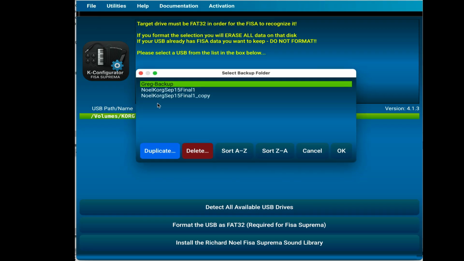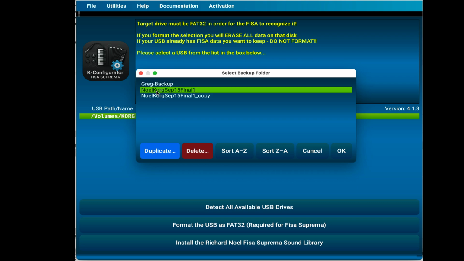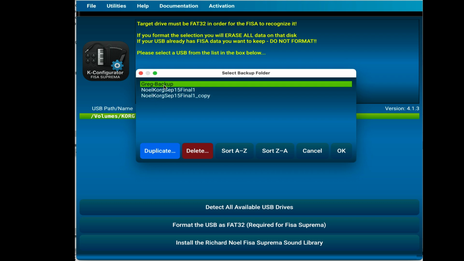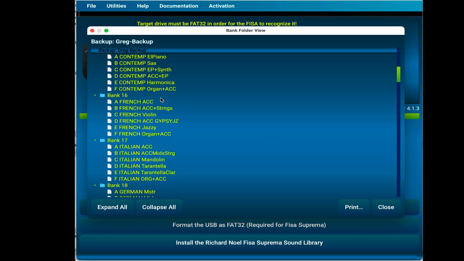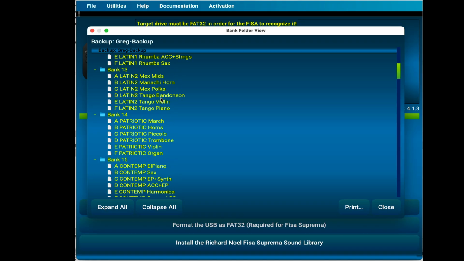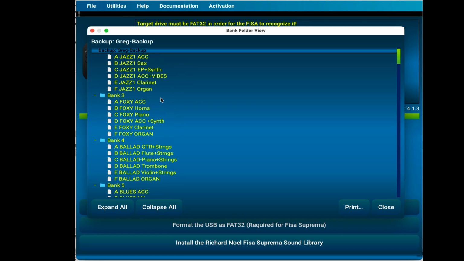You'll go to Single Tree View, and when that next menu comes up, it will show you all of the backups that you have available. So here you can see I have 3 backups on my current USB. Let's say I'm going to manipulate the one called Greg Backup. I would select that and say OK. This then opens up a complete directory tree that has all of the banks and scenes that are available on